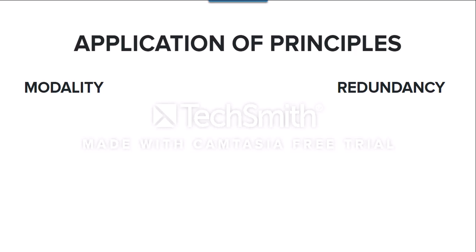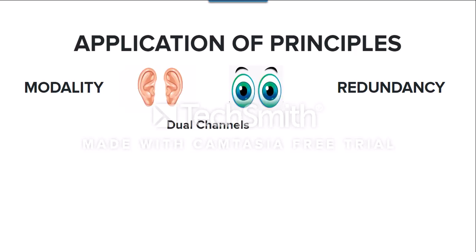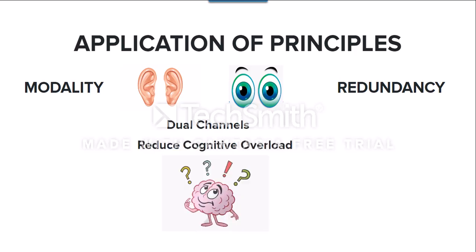When we are referring to these two principles, it's important to note that they first share some commonality. They both focus on dual channels. The first channel we reference is when spoken words are heard through the audio channel. The second one is visual, where we see graphics or pictures and a written word. They both also focus on reducing cognitive overload, as when the dual channels we described are used effectively, they can balance and intentionally prevent such overload from occurring.